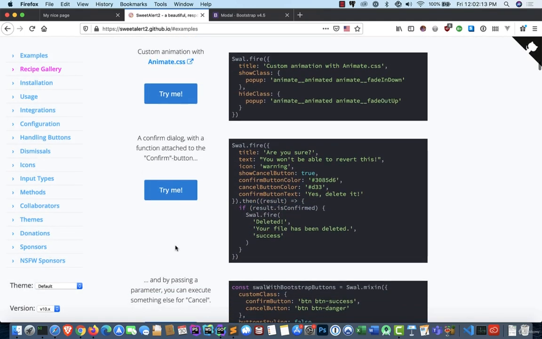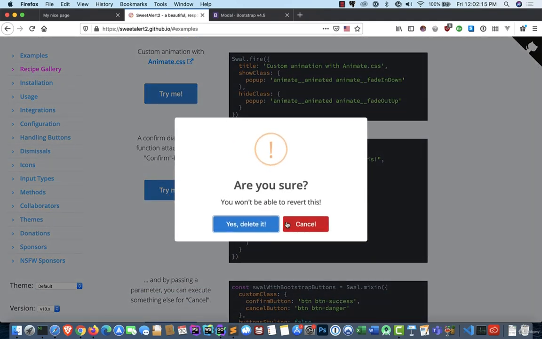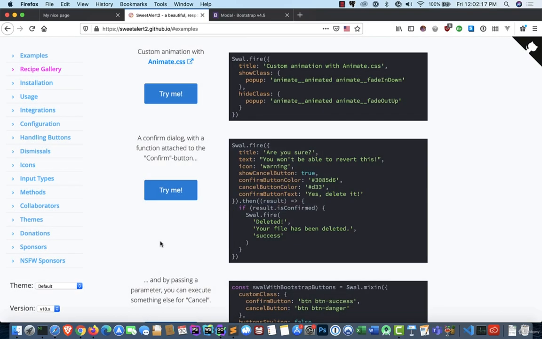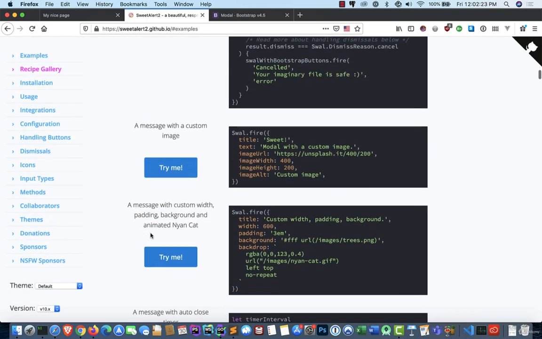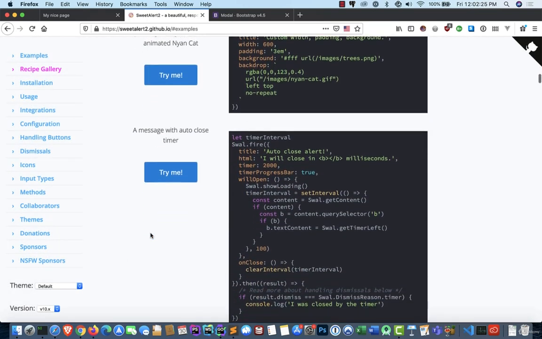There's a lot of functionality here. A confirm dialog with yes. So here we can also even change the styling of the buttons. Pretty straightforward. Let's go down to